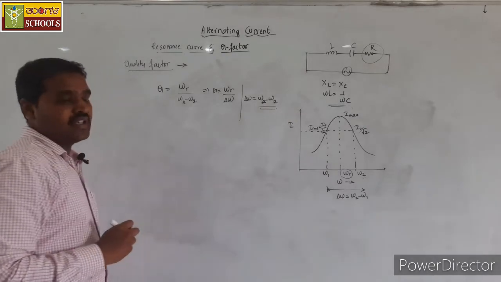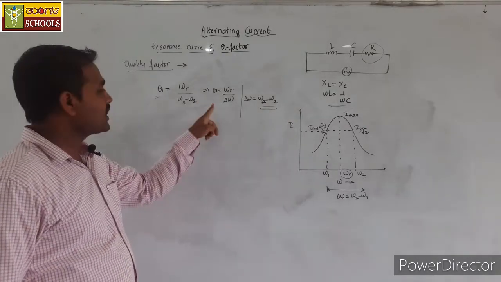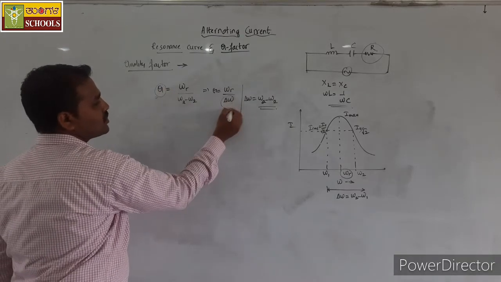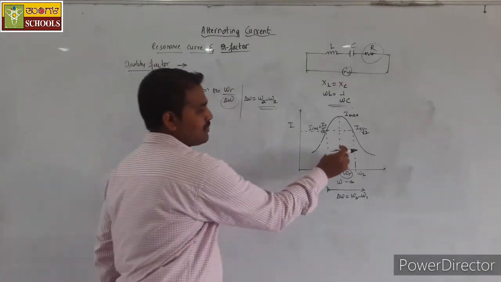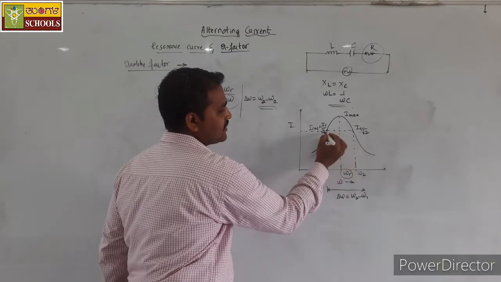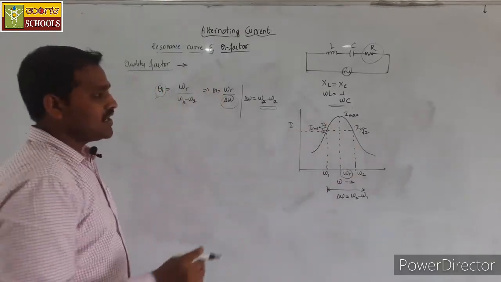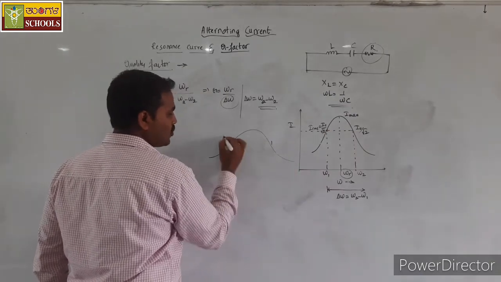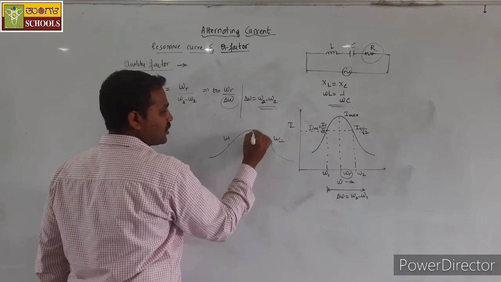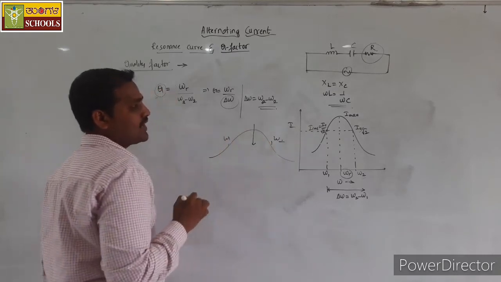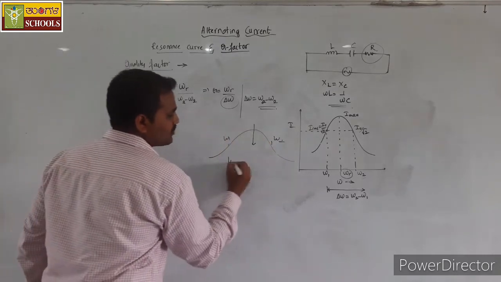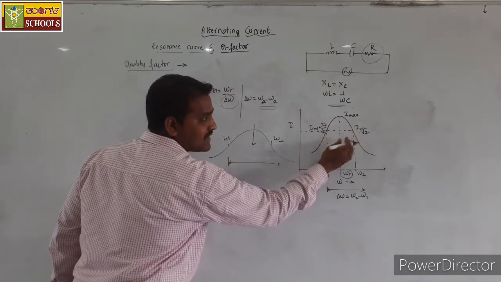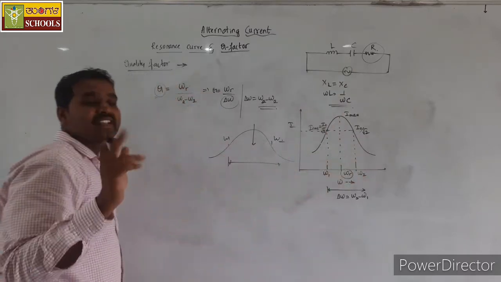where delta omega is equal to omega 2 minus omega 1. And from this equation we can clearly observe that the quality factor is inversely proportional to the bandwidth. So, bandwidth indicates the difference in these two values omega 1 and omega 2. If the bandwidth is more, so these are the two values of omega 1 and omega 2, automatically sharpness will reduce. So, if the bandwidth is more, the sharpness will reduce. If the bandwidth is less, automatically the sharpness of the curve increases.